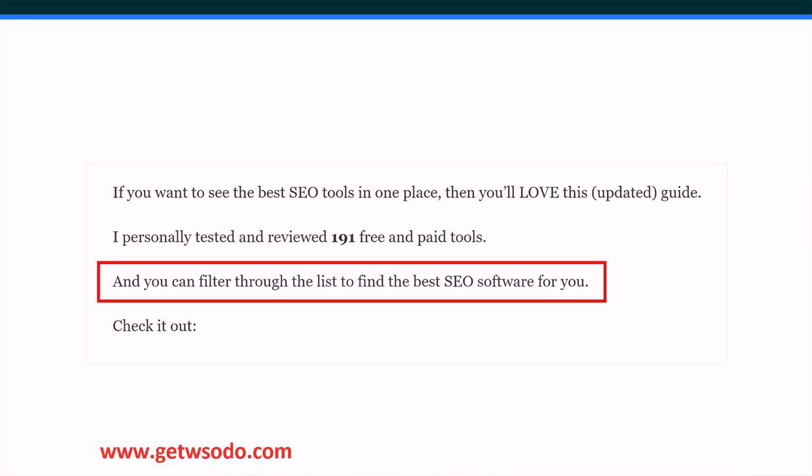Next, quickly outline what you have in store in your post. Is it a list of paleo recipes? Techniques for being more productive? Are they organized by theme, topic, or level of expertise? Let them know about that right here. For example, in my SEO tools post, I note that you can use filters to find the tool that's the